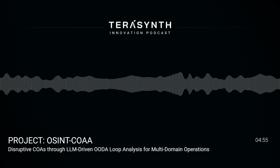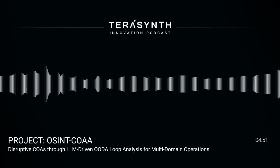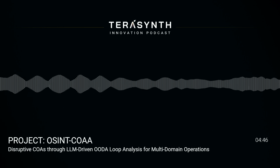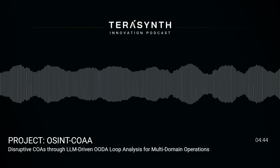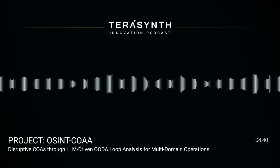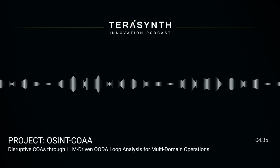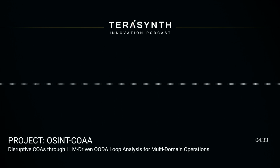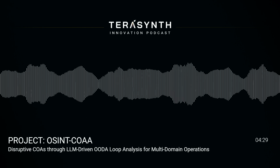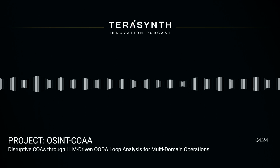Now, a lot of decision-making, particularly in fields like the military, relies on something called the OODA loop. Does this system tie into that at all? Absolutely. The OODA loop is observe, orient, decide, act. So making fast decisions in dynamic environments. Right, and that's where this system excels. It automates key parts of that process, speeds up the loop. So it helps you decide faster, but the human is still in control. Always. It's about augmenting human capabilities,